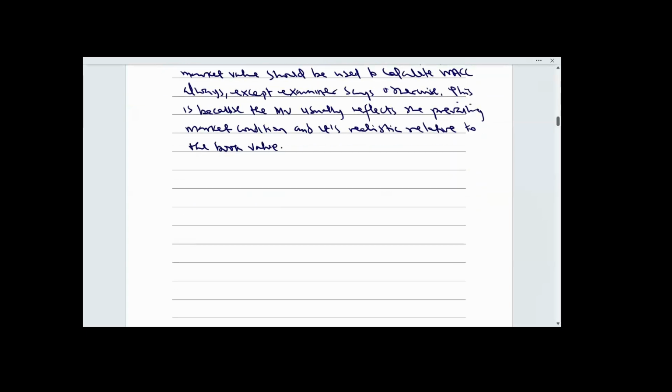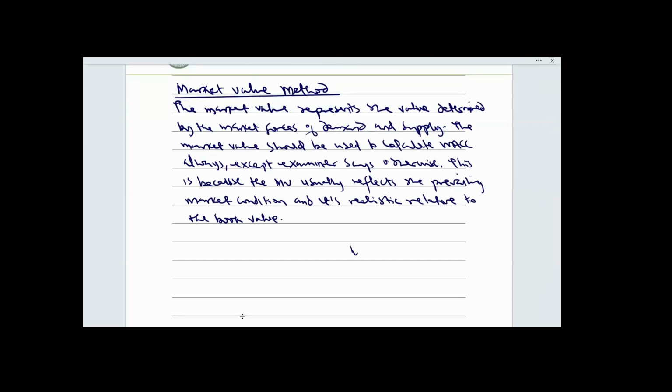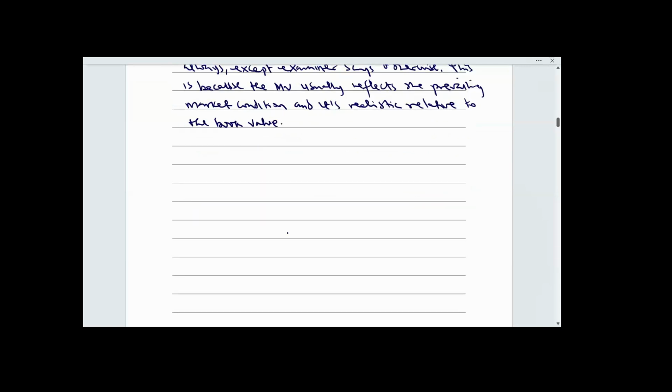Okay, so how do you then estimate market value? Because I told you when we had cost of equity, cost of preferential, and all of that, that when we get to WACC, I will give you the formula to calculate market value. All right, so let's talk about how to estimate market value. Calculating market value.